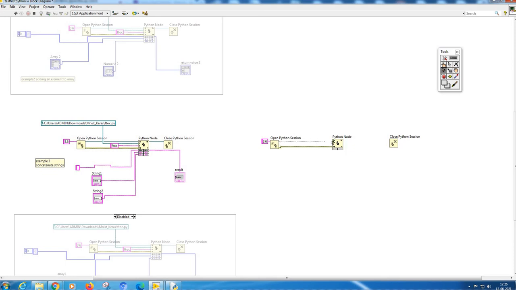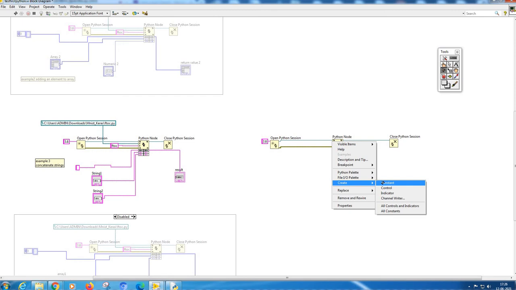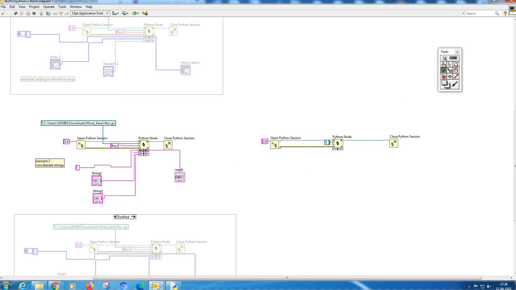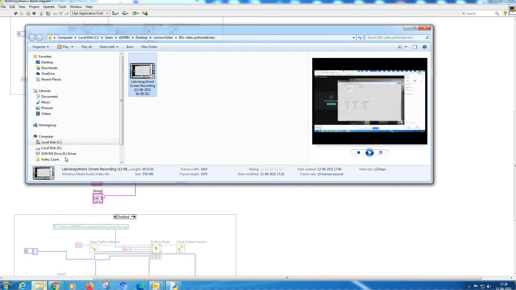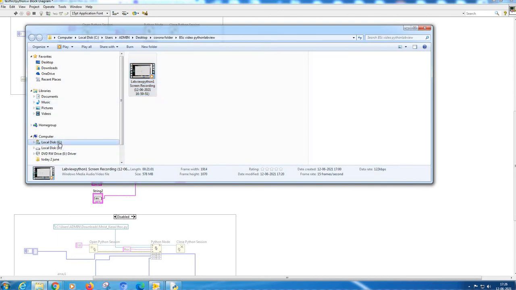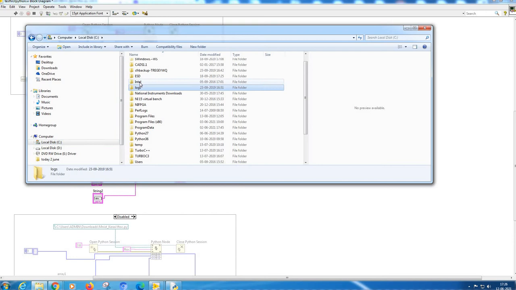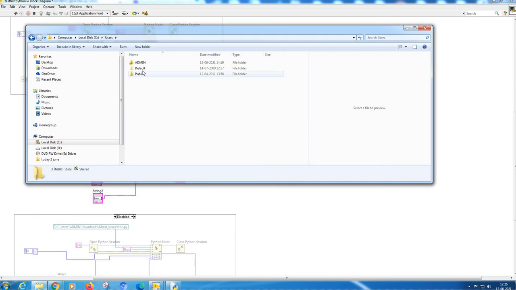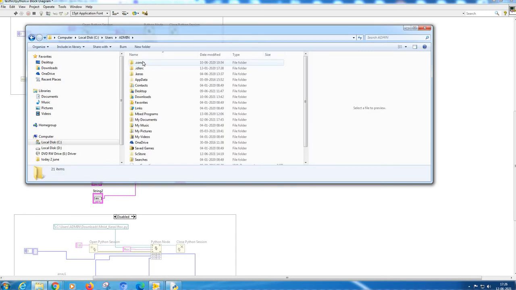This is a daisy chaining method, and this is how we combine three different blocks. It is asking first at which path your module is sitting, and what the file name is. I create a constant. After that, the path is here. My program is sitting at this path: C, users, admin, downloads.